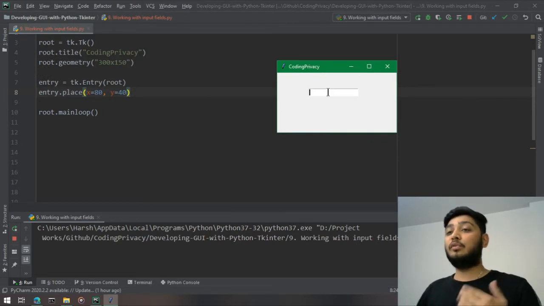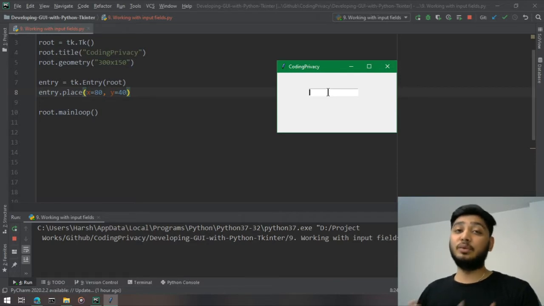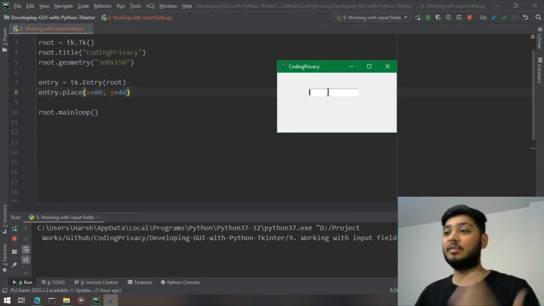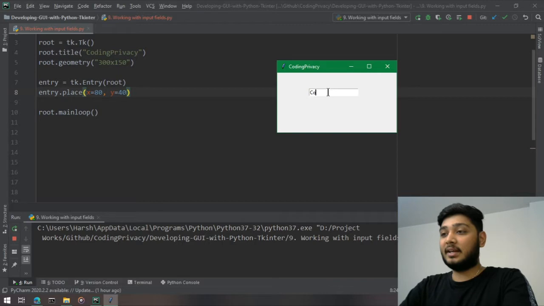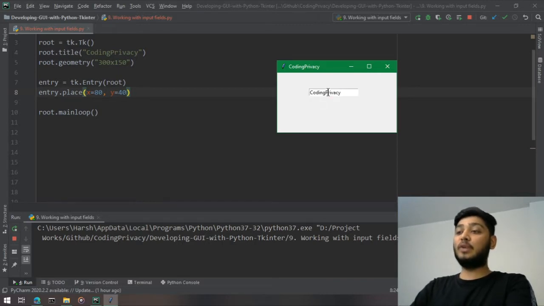So as you know, input fields are used to take input from the user, and then the user gives the input, and then we fetch the input using some actions, and we do some processing with it, and then we print it, right? So that's the basic way we use input fields. I can definitely write into this field, but I cannot do anything because there is no button here, right? So we cannot do anything with it.